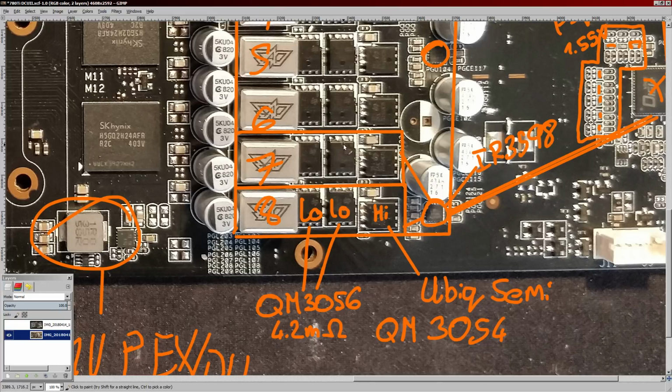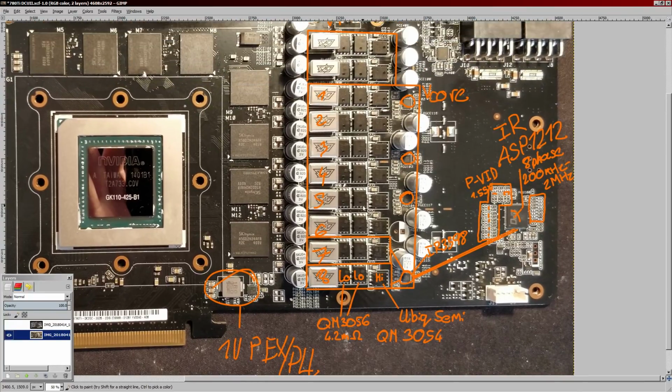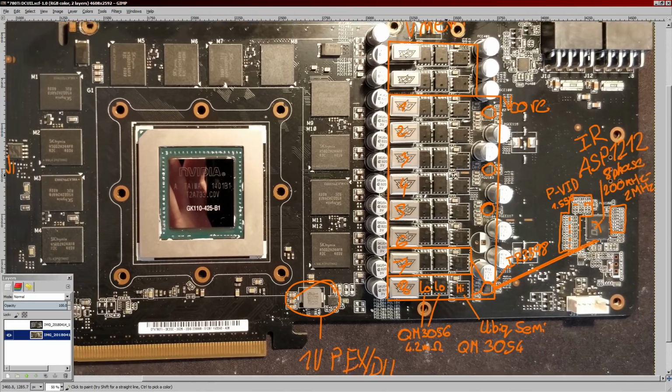So this VRM right here is not particularly efficient, and it's actually kind of concerning for when I want to put the card on liquid nitrogen. I'm kind of worried it'll catch fire. So I've repaired the card, and I'll probably kill it again, assuming this doesn't trip over current protection. If it does trip over current protection, then I'm going to probably end up modifying the current sense circuitry